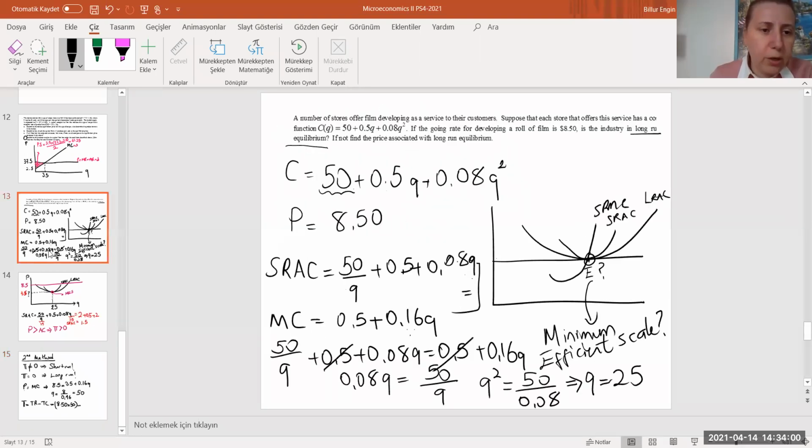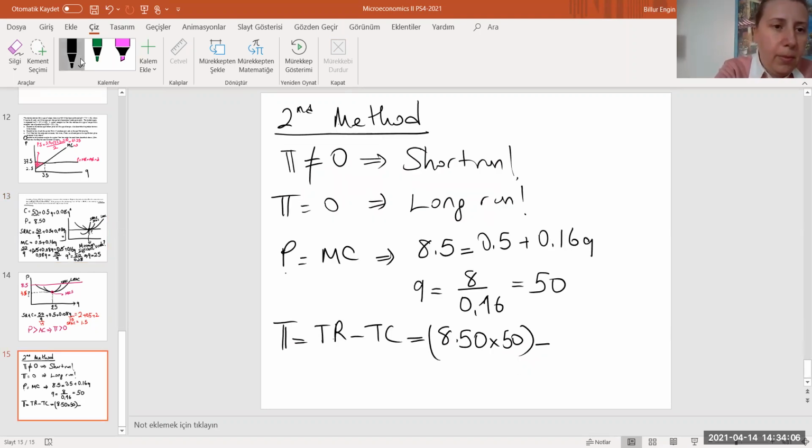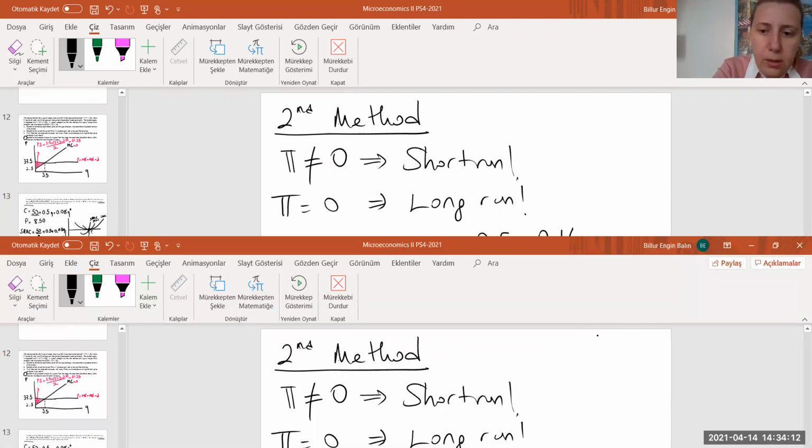That is the total revenue minus total cost. Do we have total cost function? Yes. 50 plus 0.5 Q plus 0.08 Q square, right? Q is 50. So let's find that. 50 times 8.5. Here total revenue is 425 minus